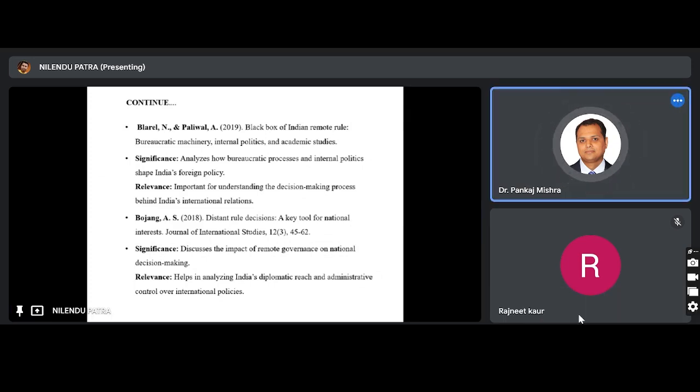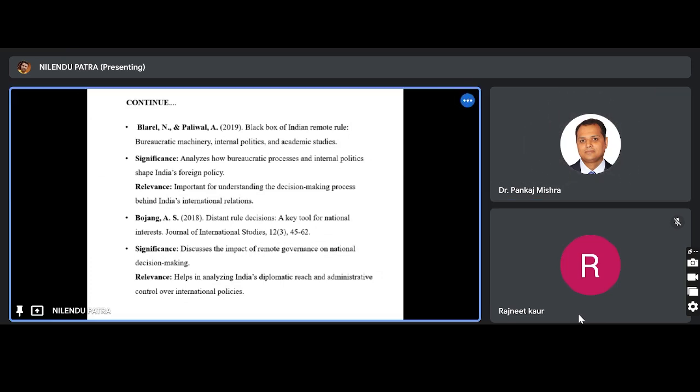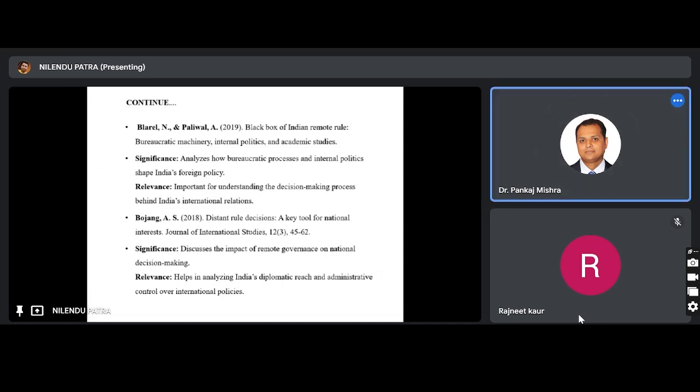यहाँ पर जो पेपर्स लाइन अप किए हुए हैं, द ब्लैक बॉक्स ऑफ इंडियन रिमोट रूल, द ब्यूरोक्रेसी मशीनरी, इंटरनल पॉलिटिक्स एंड एकेडमिक स्टडीज। नेक्स्ट आपने रखा है डिस्टेंस रूल, अ की फॉर द नेशनल इंटरेस्ट जनरल। ये सारे आपने जनरल पेपर ले डाले हैं। इंडियन पॉलिसी टुवर्ड चाइना पर तो एक भी पेपर नहीं है इन चारों पांचों पेपर में। आगे चलिए।